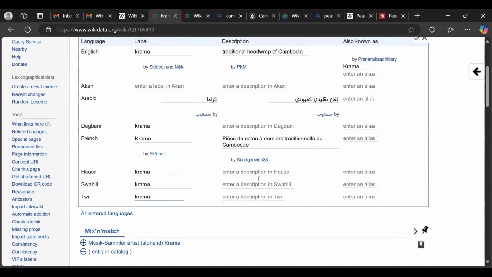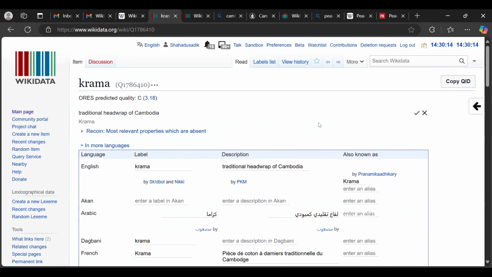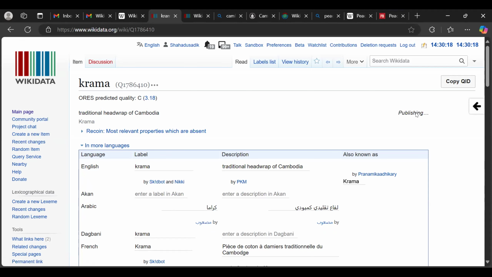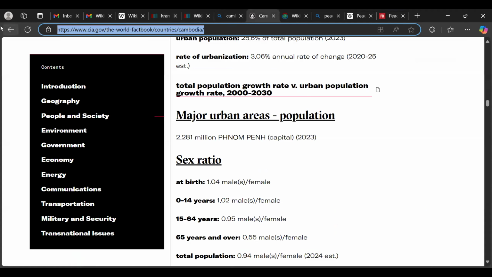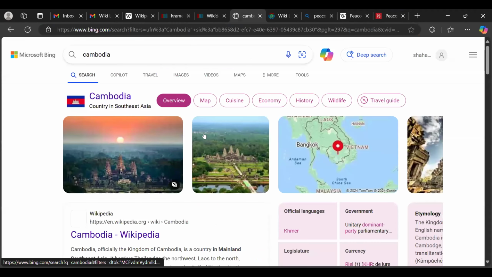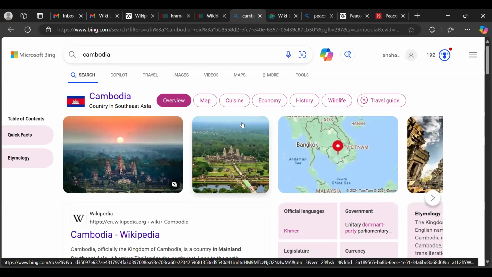Just adding the label, even without the description. You are telling Wikidata to understand what the krama is in other languages. Then I click on this and I've published it. I've made a Wikidata edit. So can we all add a Wikidata label based on the list that we have on the inventory? Just one, just add a language. Click on edit, either French or English, if you speak English or Arabic or French. If it doesn't exist in that language, then you just add.